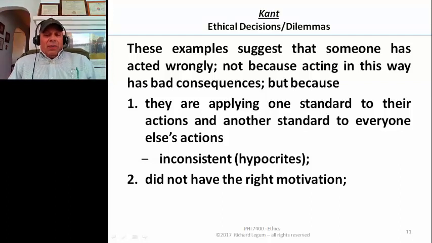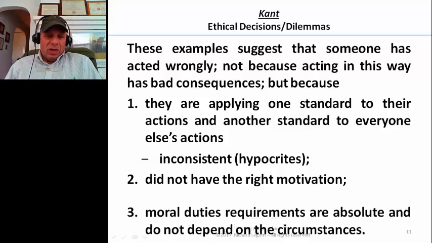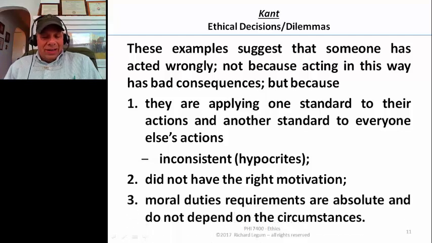One issue is, obviously, and this comes out certainly in the Jim and Joan cheating example, that the right motivation is key to what's going on. It's also highlighted in the tax cheat example. That it's not the consequences that make it wrong, but it's the motivation, the reason that the person is doing it. And finally, coming from